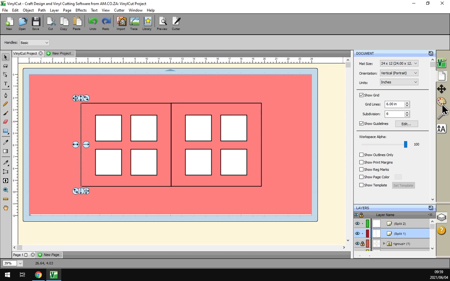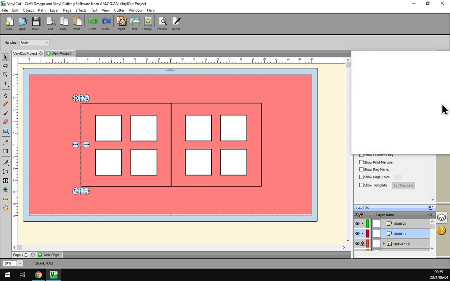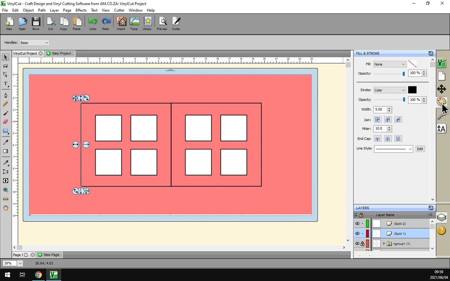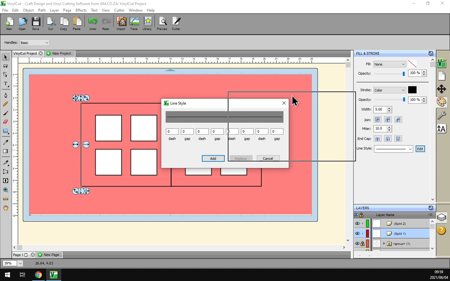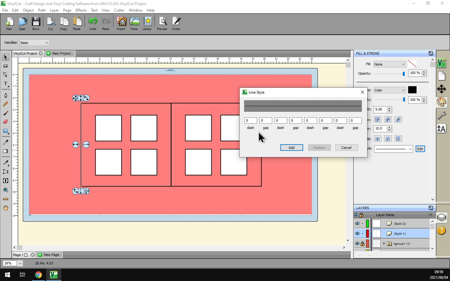We'll go to our fill and stroke panel, and then under line style here, we'll be selecting from the drop down menu. If this for some reason does not want to open, you can just select it when it's blue like that and use your arrow keys to navigate. We can also go to edit and set a custom one. We've got a video on how to do this, but for now let's just